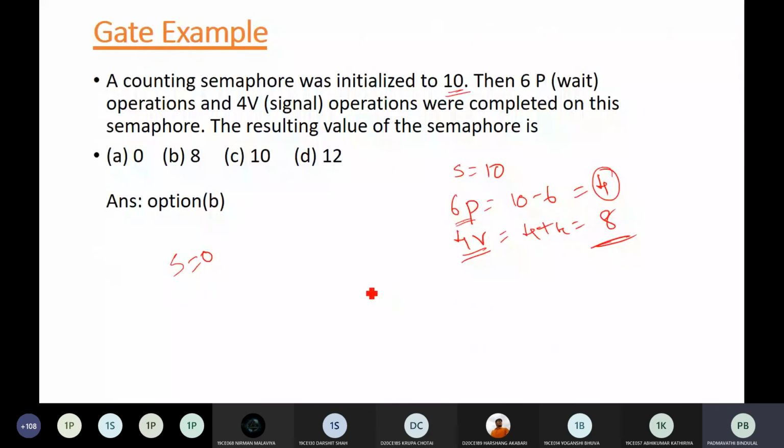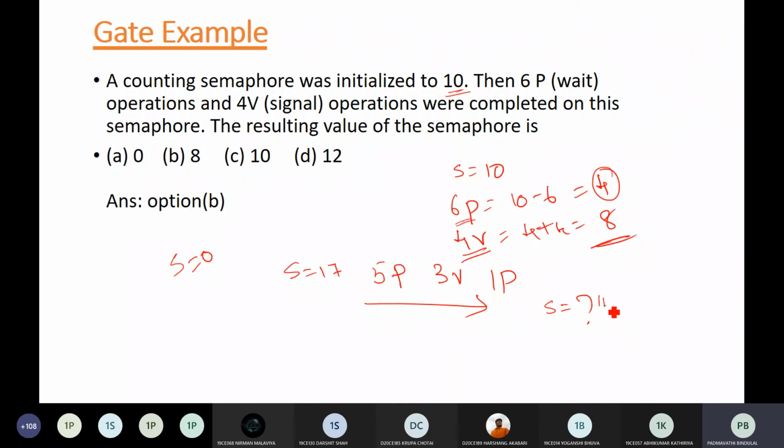Now in this type of question, order is also important. Don't simply go with total P operations or total V operations. If I say S value is 17, and you are performing 5 P operations, 3 V operations and 1 P operation in this order, what will be the final value of the semaphore? 14.